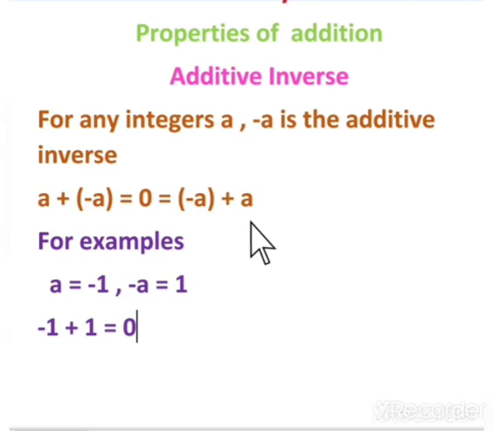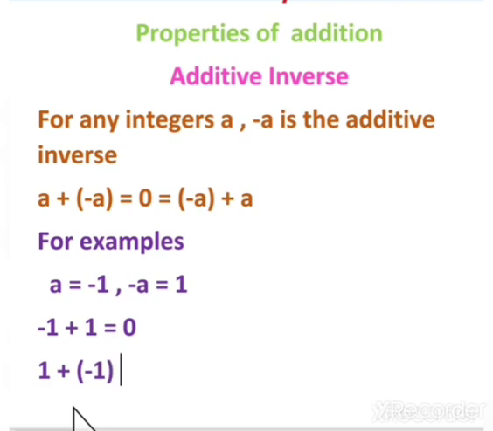Now minus a plus a. First put the value of minus a. The value for minus a is 1. And we are going to add the number. So plus sum, and the a value is minus 1. Plus and minus should not be next to each other, so we mention it in a bracket. Okay, so bracket minus 1.